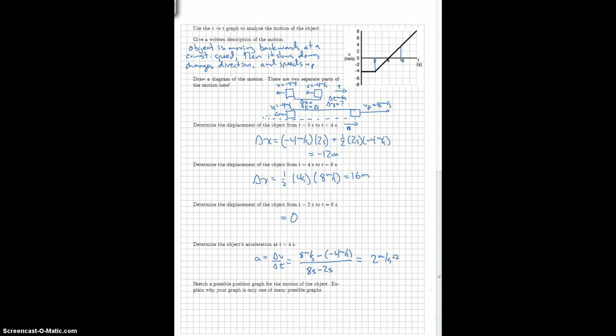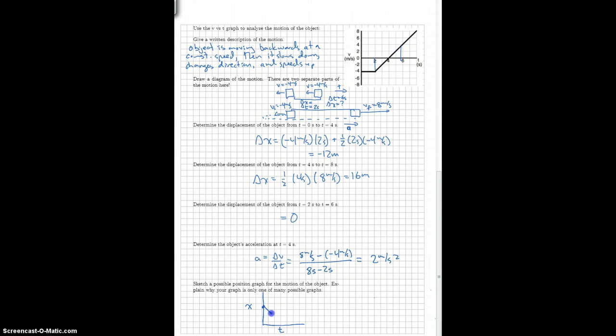Okay, possible position graph for the object. The reason it's only a possible position graph is that we don't know the starting position here. So any graph that has the same shape as the one I draw is a possible position graph. We don't know where to put that graph. It could shift up or down. Okay, the first section here is CVPM, which means it's linear, and it's linear with a negative slope. So if I start here,